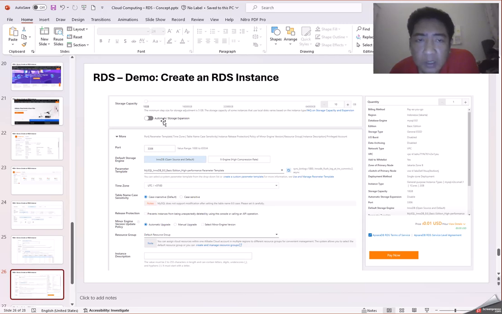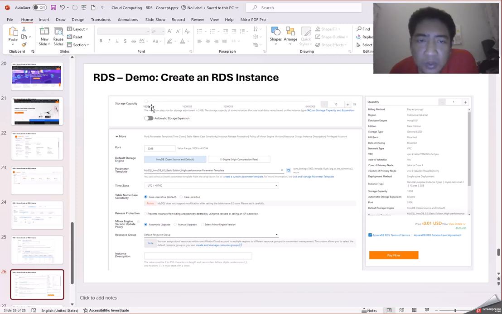And then you can see storage capacity from 10 gigabytes to 64,000 gigabytes.